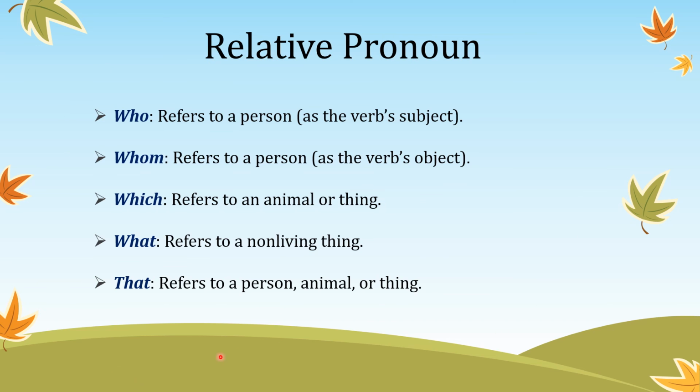So these are the shortcuts which will remind you when you are filling in the pronoun in any sentence. If it is a person and the subject is the role played by that particular person, then who will be put. If it is object, whom will be put. Animal or a thing, you can easily put which without thinking anything. If it is a non-living thing, just put what in that particular sentence. If it is person, animal, thing, just think about what the sentence is speaking on, and add the pronoun that to it. So this is a shortcut for learning relative pronouns.